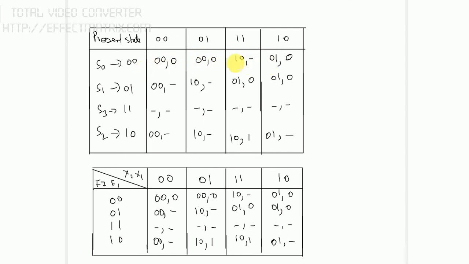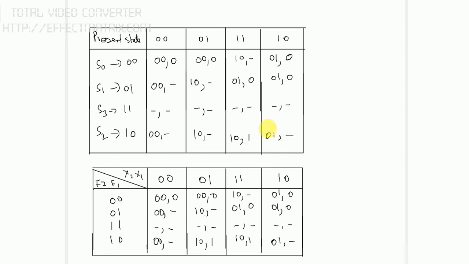Only 1 bit is changed from 0 0 to 1 0. Similarly here 0 0 to 0 1, only 1 bit is changed. Also for 0 1, similarly 0 0, 1 bit is changed, 1 0, 1 bit is changed, and 0 1 is the same thing. But in S2, we have 1 0 and 0 0, 1 bit is changed, 1 0 is the same thing, and here we have 0 1, where 2-bit changes happen.